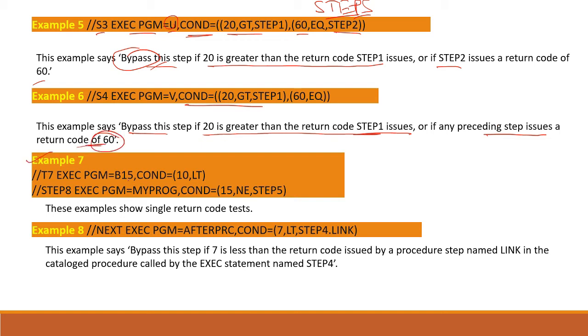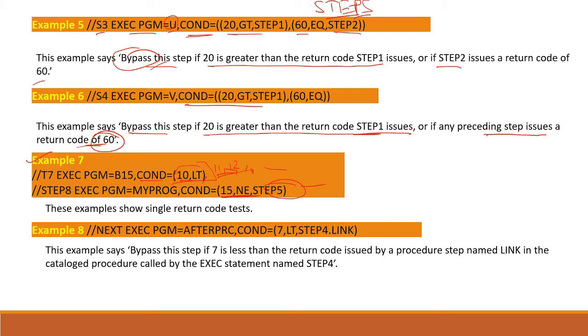We have example 7 here, like COND=((10,LT),(15,NE,STEP5)). So it will check the return code accordingly and bypass the step accordingly. If the return code is 11 or 12, greater than 10, then this step will be bypassed.